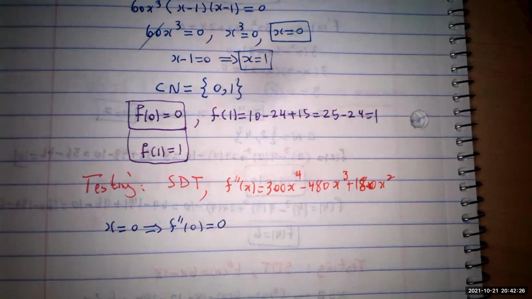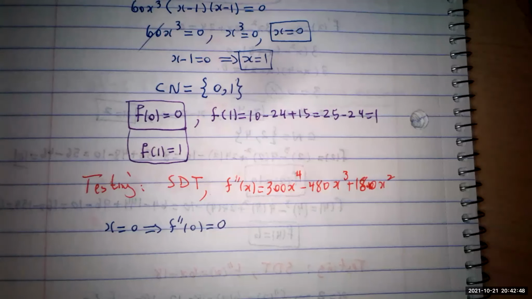Remember, if f double prime is 0, you cannot use this test. You can use it if it's positive or negative, because you talk about the curving upward or curving downward. So this means this test fails, and you have to pick another test to be able